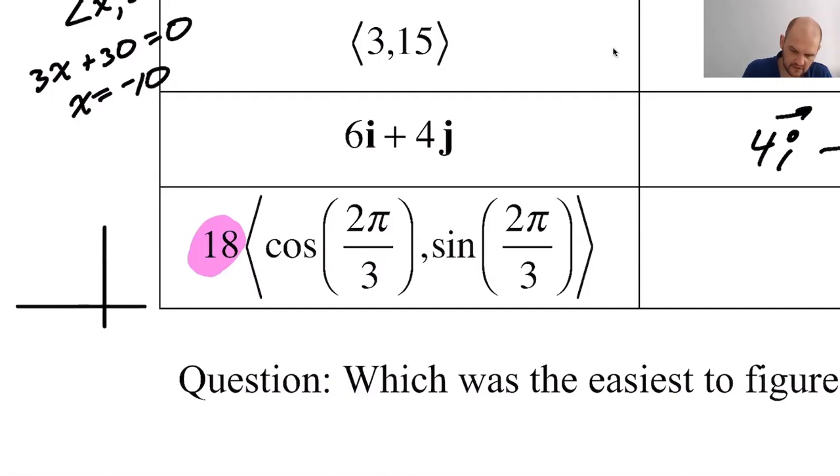Okay, so 2 pi over 3 is like here, maybe. So I need a vector that is orthogonal to that. Well, what if I just make a vector orthogonal to that, right? So if this is 2 pi over 3,